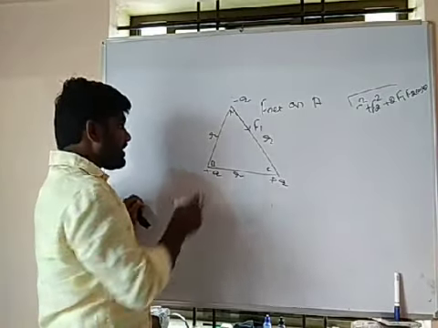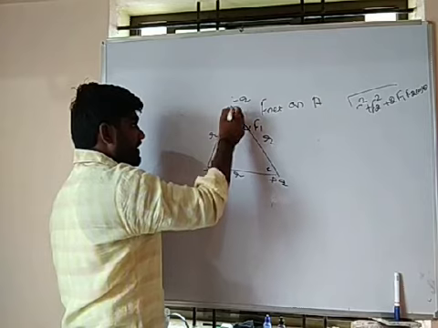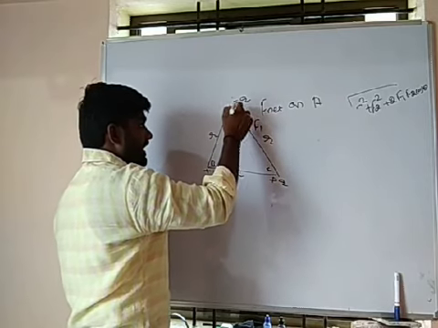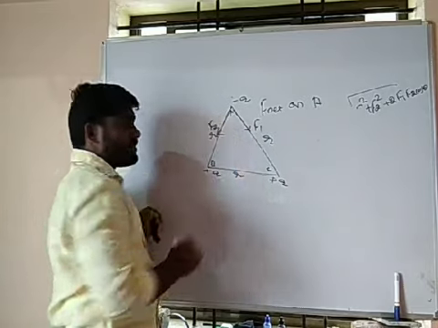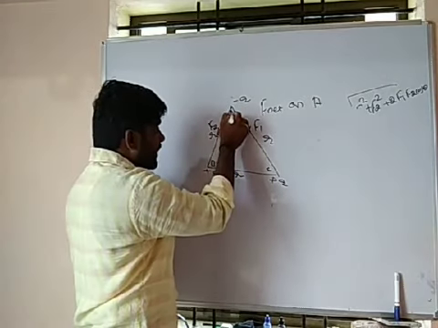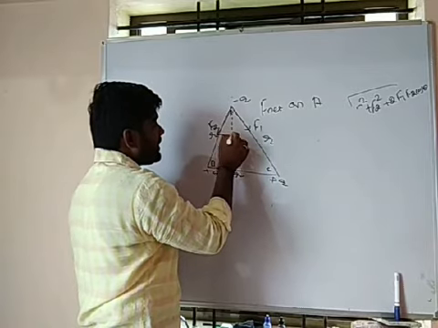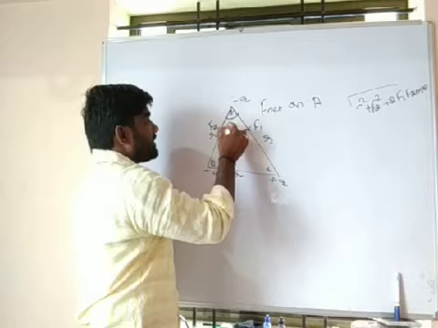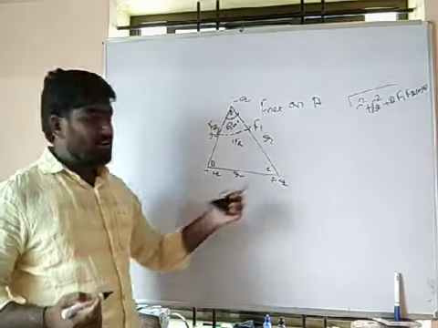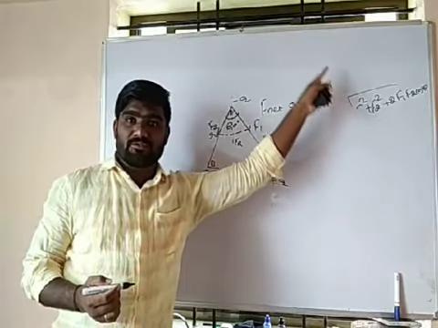Then this point charge tries to attract with this point charge, it will be F2. At this point, the resultant I want to calculate. What is the angle? It will be 60 degrees. So F net is equal to root of F1 square plus F2 square plus 2